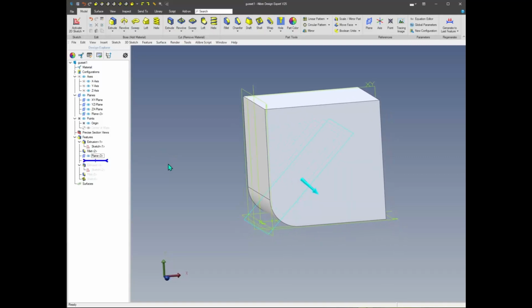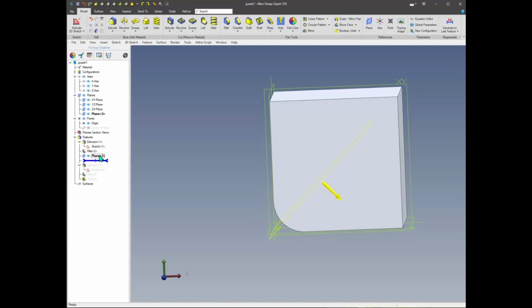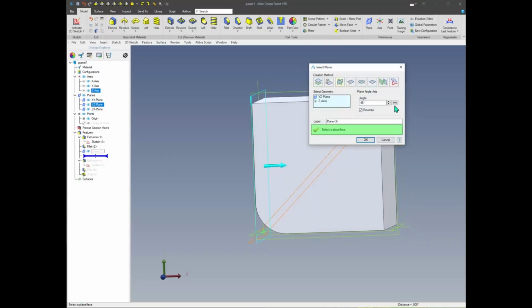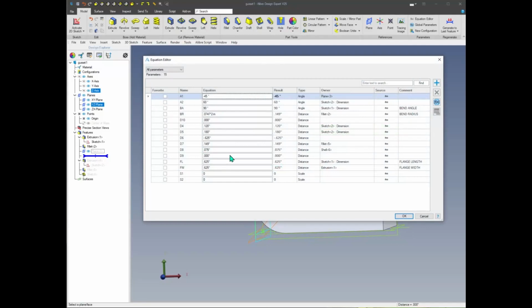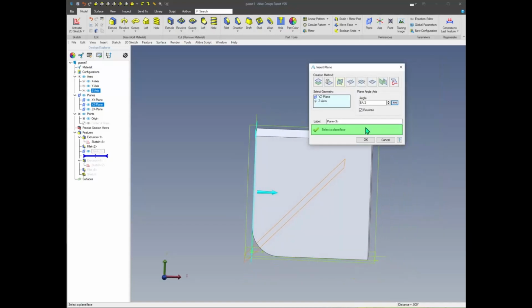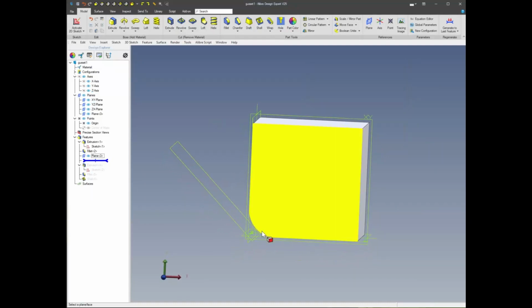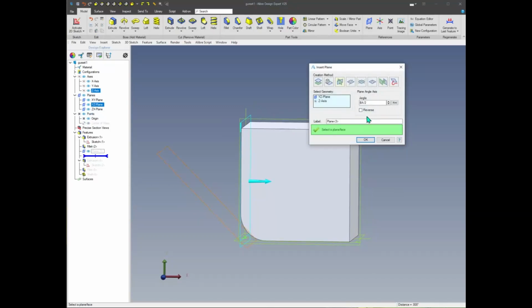And now here we have our plane. Now this is going to be kind of tricky. If we edit this, here's where we have to define something other than the faces to change that angle. So we're going to change this with an equation, and we're going to call this one our bend angle divided by 2. We want this to remain at minus 45, but what we'll do is BA divided by 2. Okay, and okay. Now, see, we didn't reverse it, so if we edit this one more time and hit reverse,